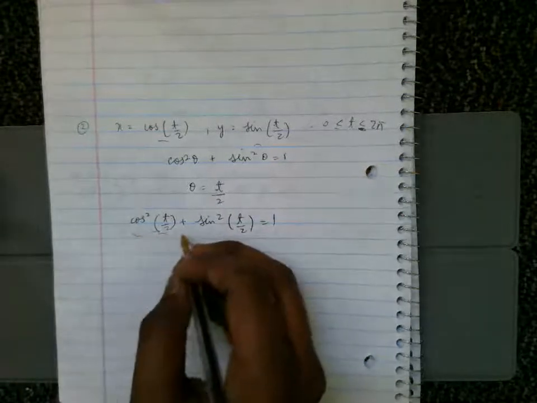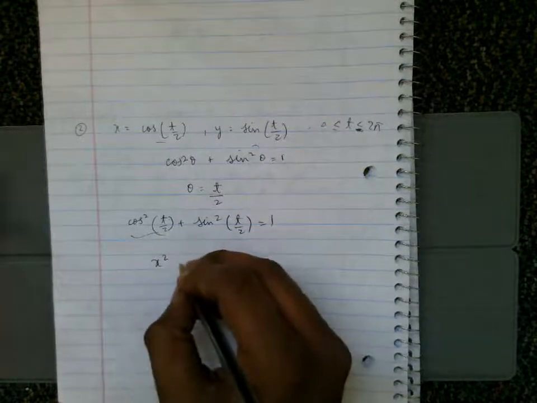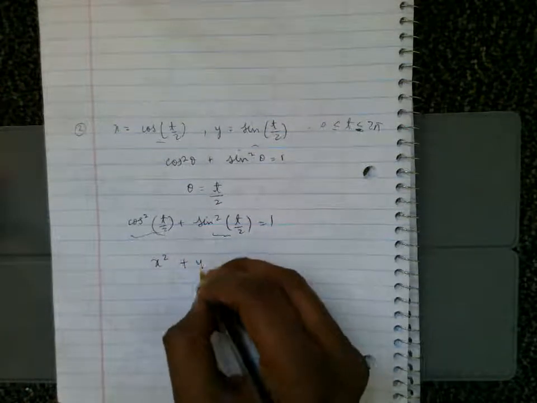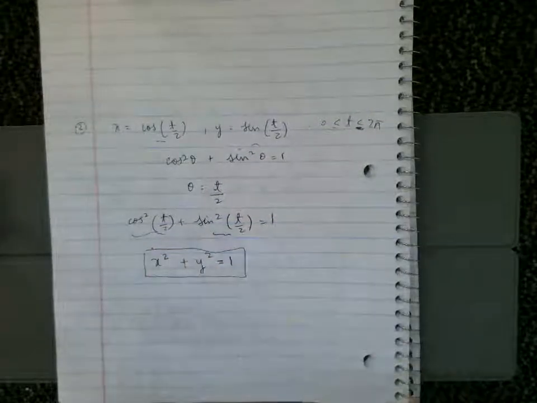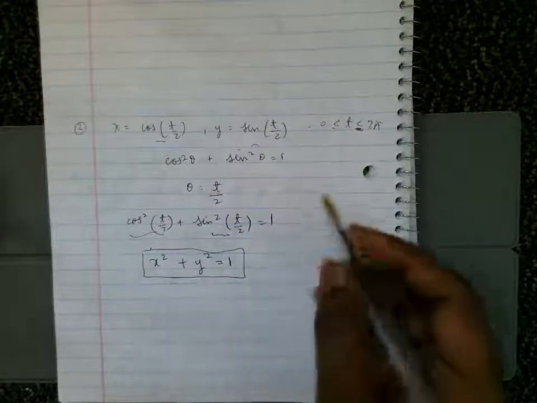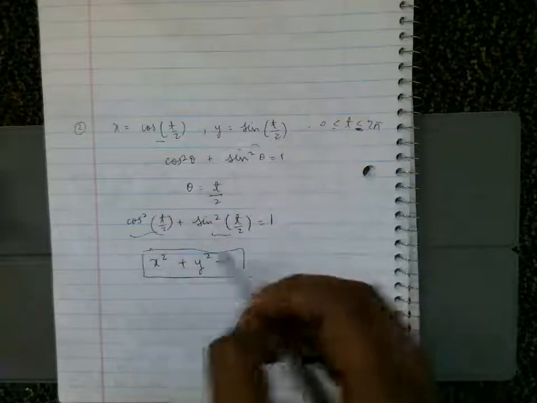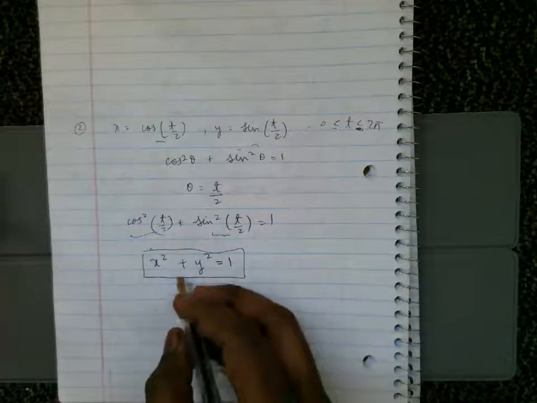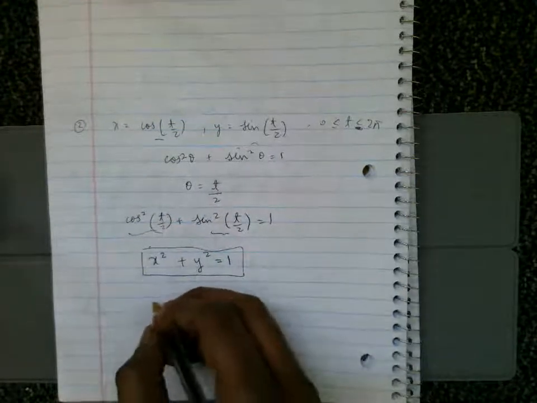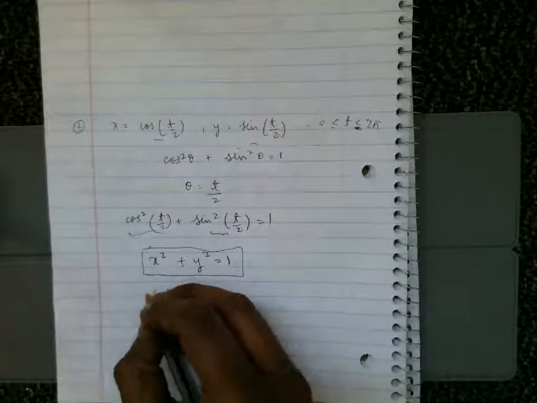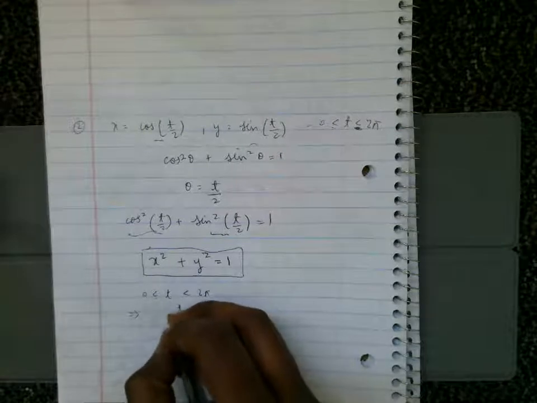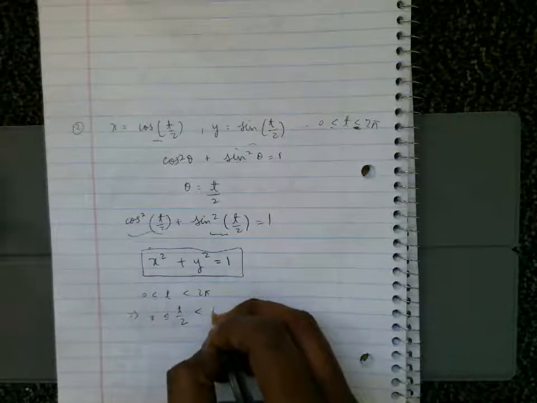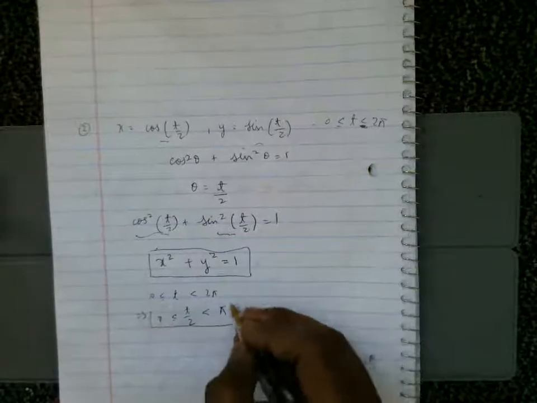So therefore this is x squared and this is y squared. So you have x squared plus y squared is equal to 1. But now you have to use this range to get what the ranges of x and y are. So for example, t lies between 0 to 2 pi. So therefore t by 2 lies between 0 to pi, and so therefore